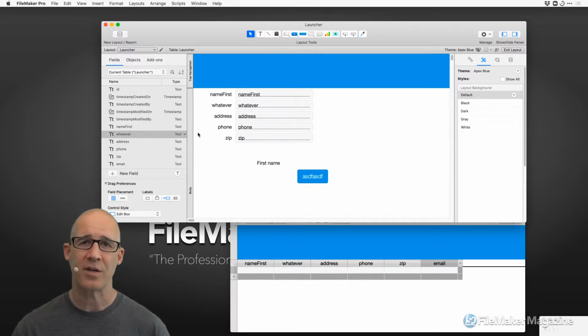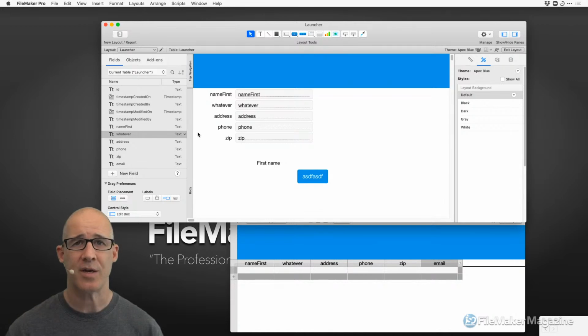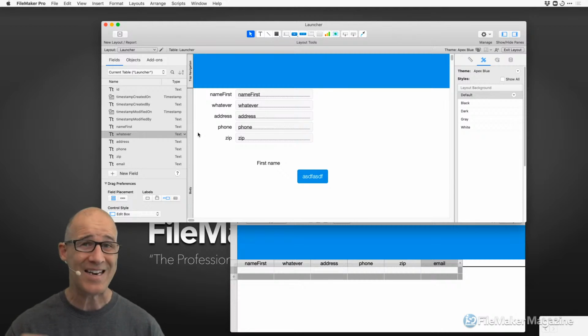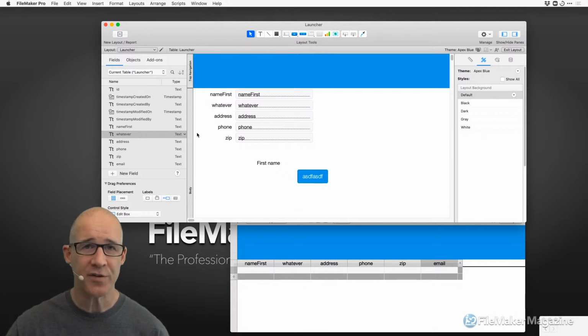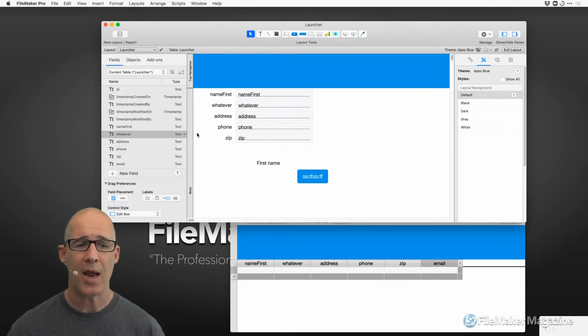Until you get into advanced development topics, one of the things you should expect as a newer FileMaker developer, even intermediate, is you will constantly be renaming things because things that you originally think should be named something will end up needing to be renamed to be something else, to either be made more clear, or you'll watch a video maybe on the magazine website or pick up a tip from a blog somewhere, and you just basically, yeah, I need to adopt that. It may be a new convention or